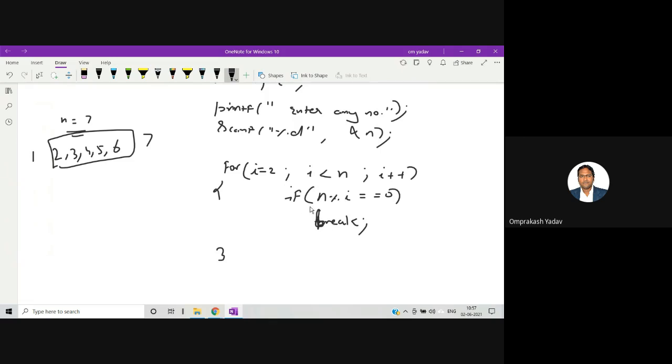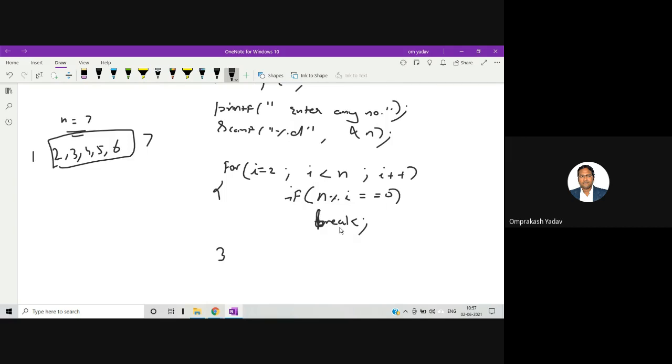For example, the moment I get n mod i equal to 0, that means the number is not a prime number. Then there is no further need to continue your loop and keep checking divisibility with the other numbers. The moment you get n mod i equal to 0, you can simply break the loop, come out, and say that the number is not a prime number.